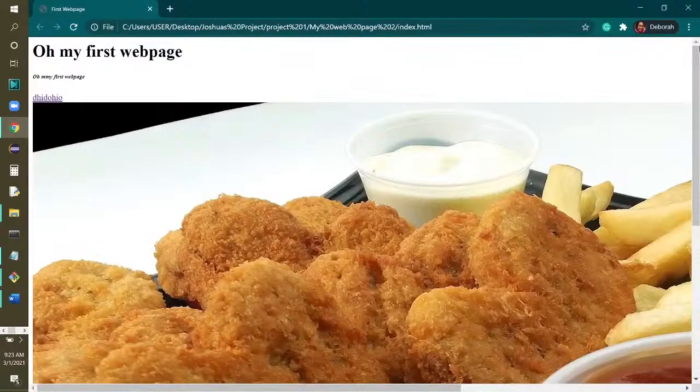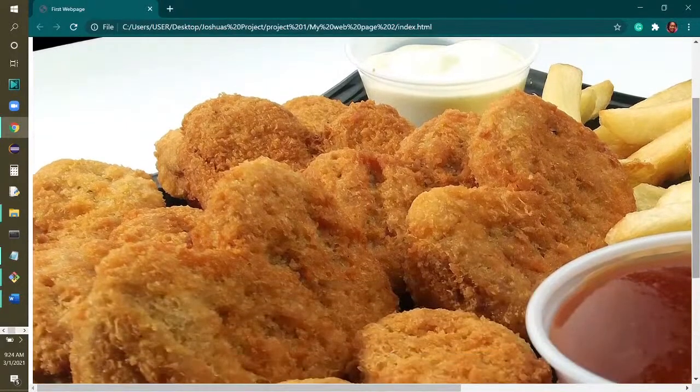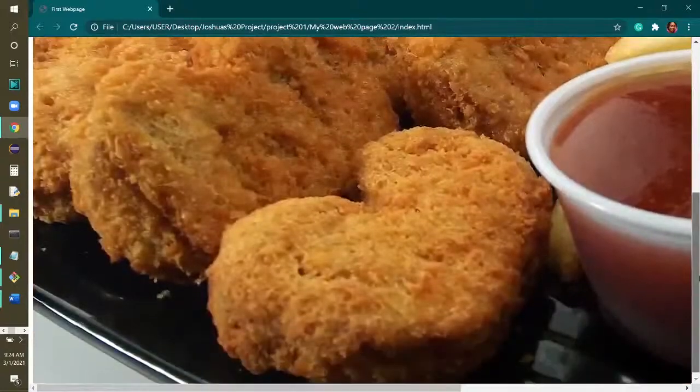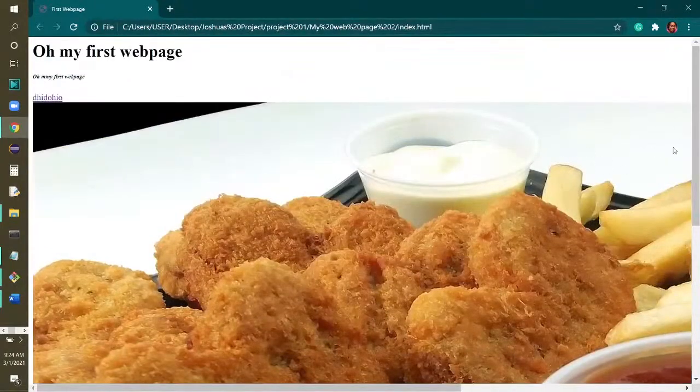Ta-da, ta-da, ta-da. Yes, this was done using what we call the attribute tags. Wow, it's getting me hungry. So as I was saying, this is what I was talking about, where you could import images. So let's do one more thing. What else can I import? Let me see. Okay, let me get into this